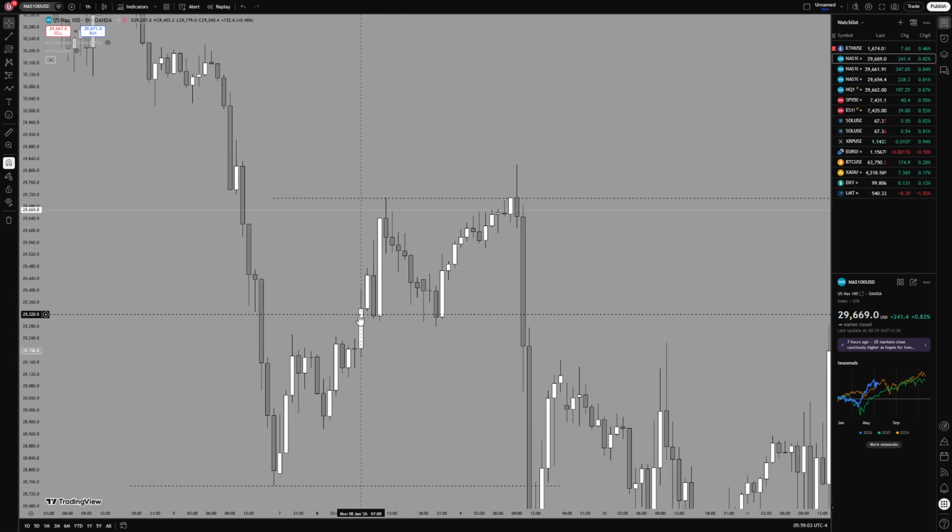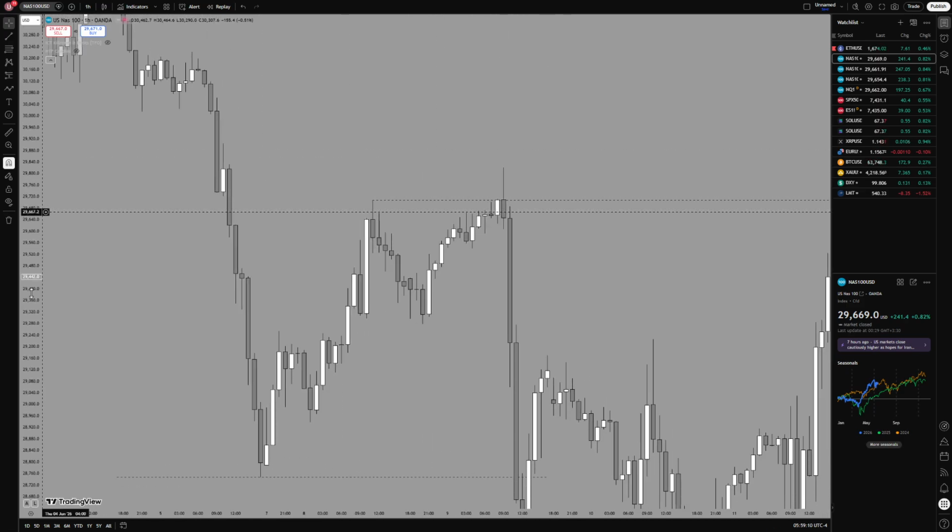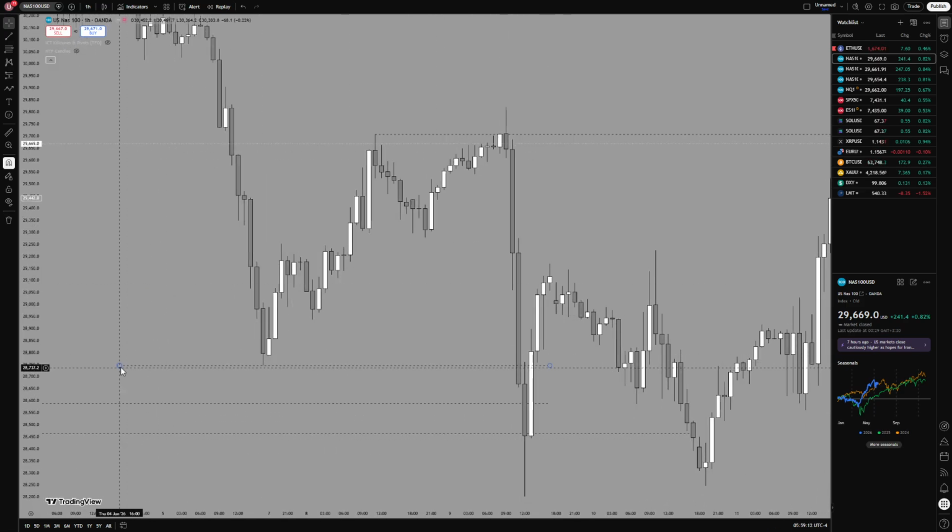Okay, so here I took a short here as well. If you're part of my Discord, you know that I took a short here. But this is your external range liquidity. You could also call this an external range liquidity. A lot of the times, guys,